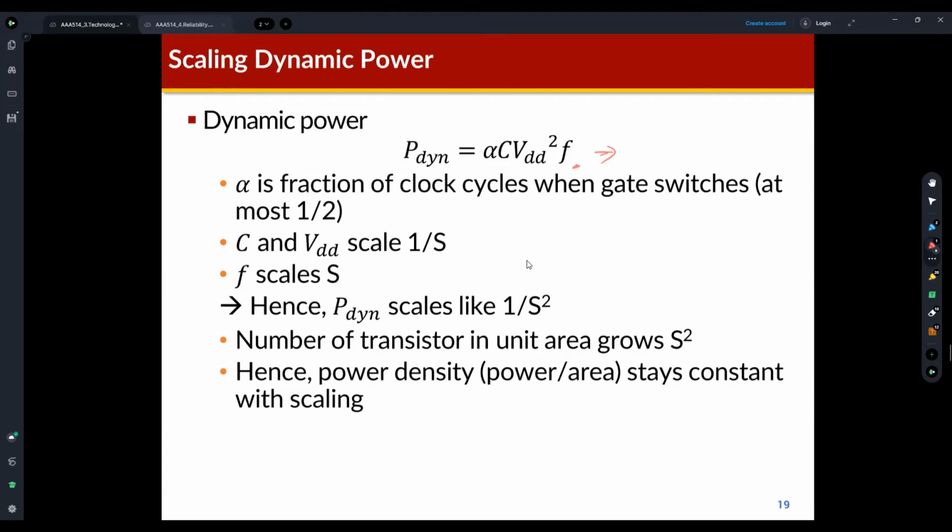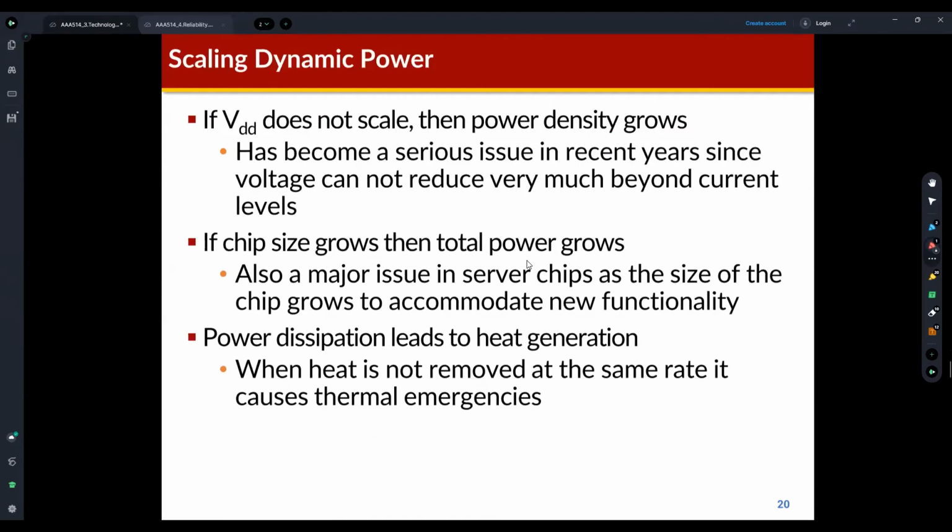And then the size of the transistor is reduced, so you can include more transistors in the unit area. For the same area, the power density is the same. So I already explained about this scaling. This is called the Dennard scaling. The power density is the same. It's a very good thing. It's not true. But